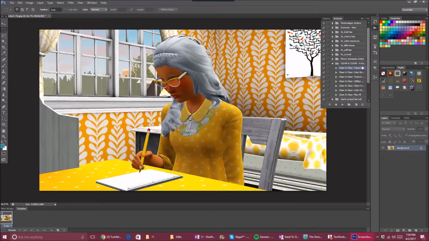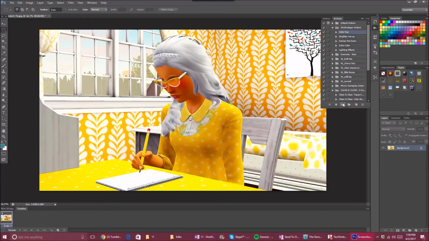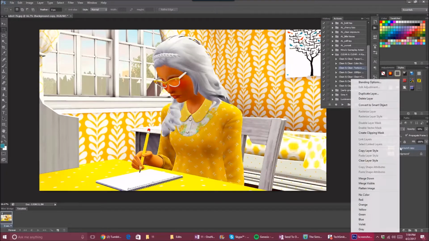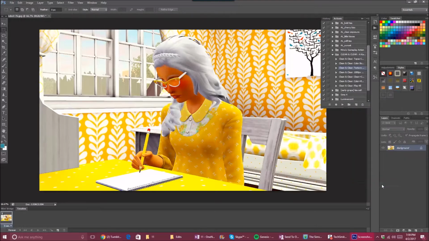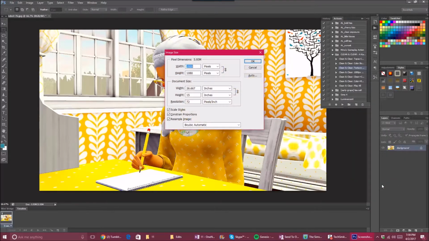And then I come up here and I do the Color Pop action, and that's going to give it its brightness. And then I come back down here and I do the texture, and that just creates this other layer. And then I like to do a merge visible, and then I do a Control I, or